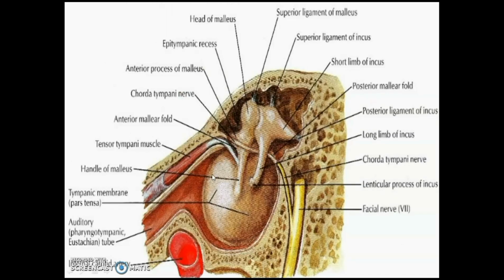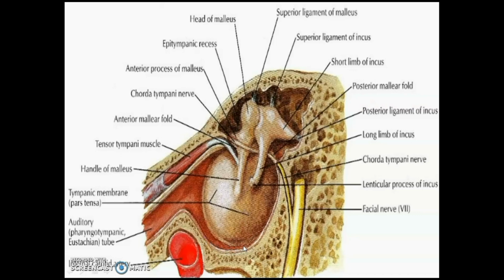When you view the medial part of the lateral wall of the right middle ear, you can see the attachment of the malleus there, the handle of the malleus, and behind it the incus, and you can see the tensor tympani is attached there to the handle of the malleus. And medial to the malleus, you can see the chorda tympani nerve passing between the fibrous and mucous layers of the tympanic membrane.